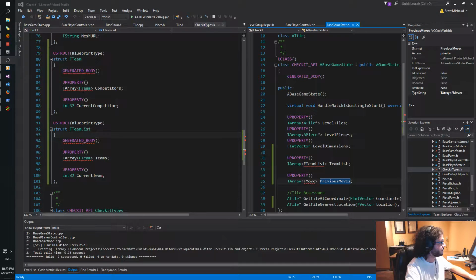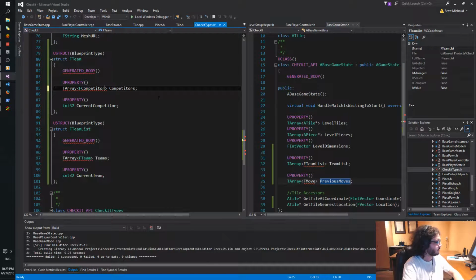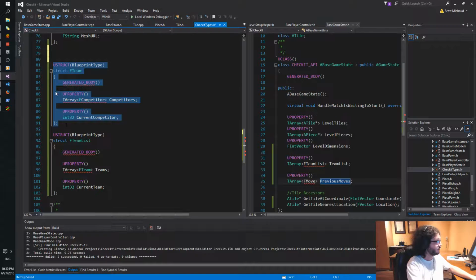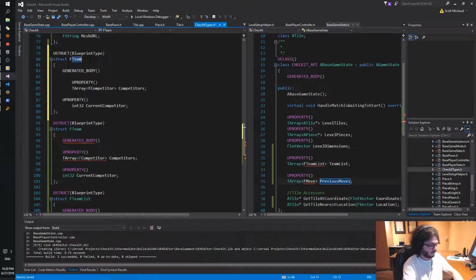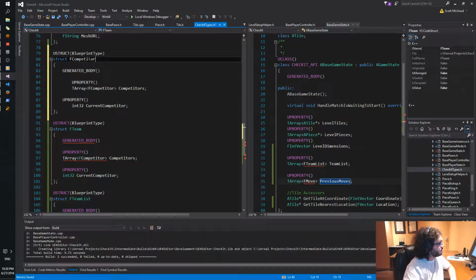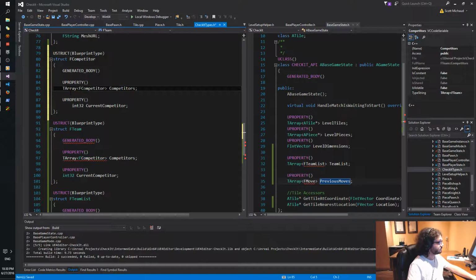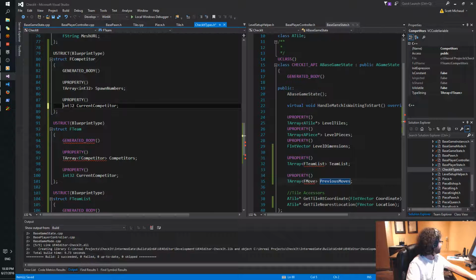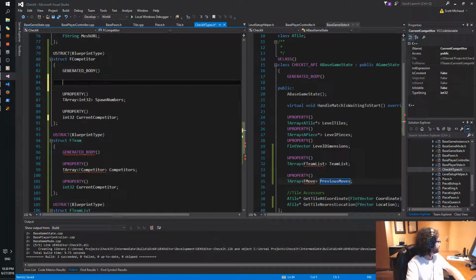So FTeam, FCompetitor. And then TArray of Int32, list of spawn numbers. View property.